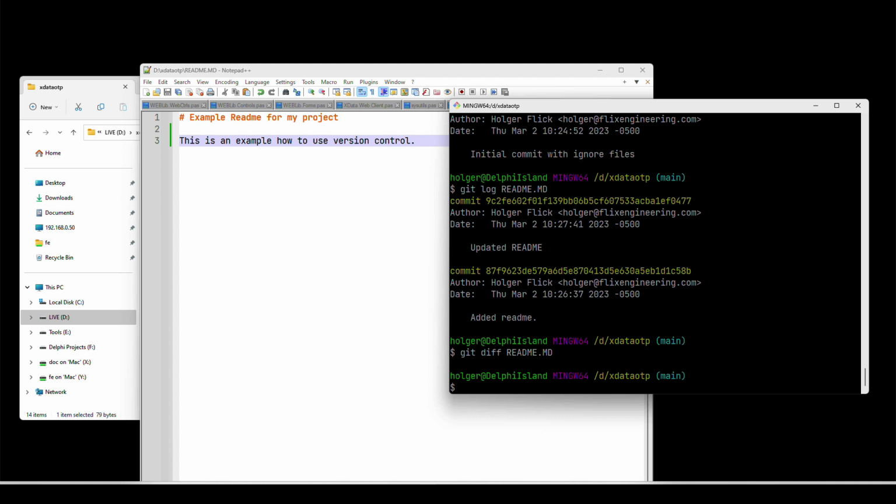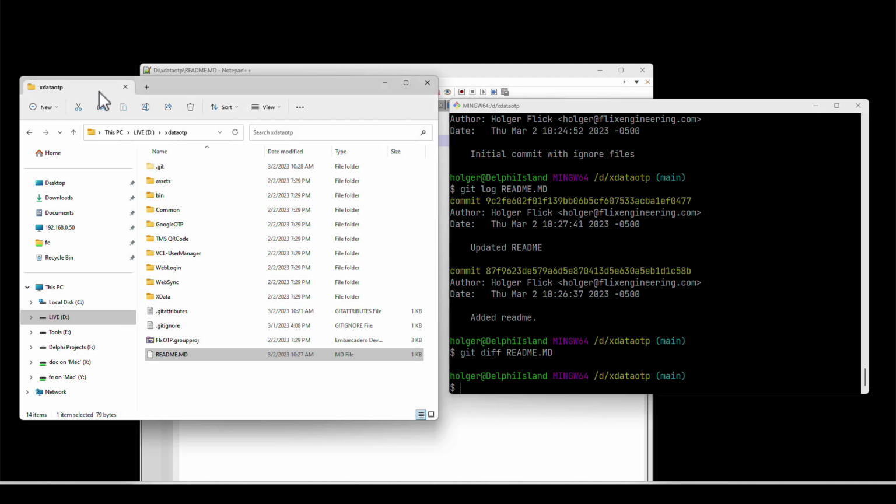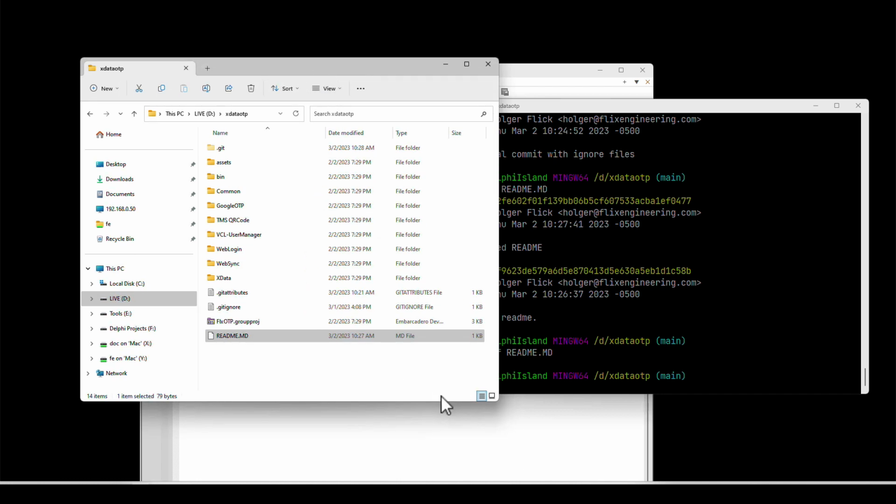Because what I can do now, and this is Gitkraken, it's free as long as you use it locally, I think. And as soon as you want to connect to a server and deploy everything, I think if it's GitHub, it has to be a public repository. There are certain restrictions for the free version.